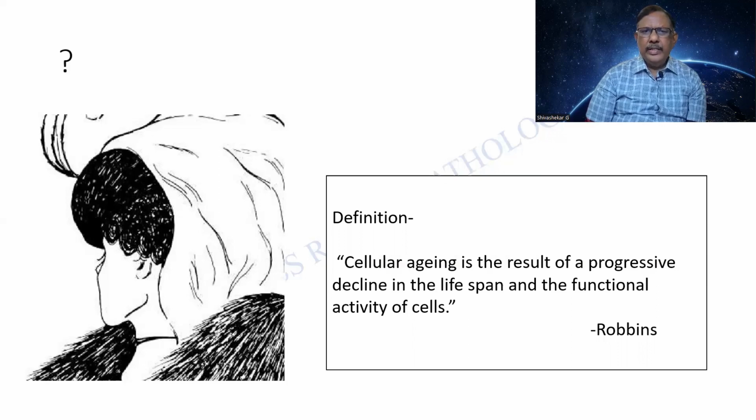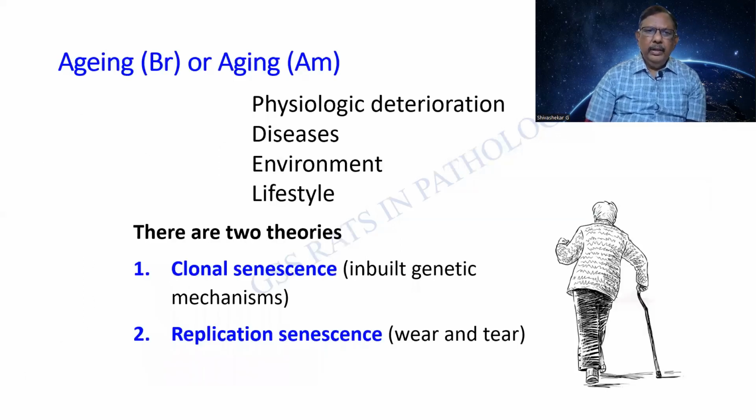There is something called cellular aging, and there is something that is called cosmetic aging. We are more bothered about the cosmetic aging, but little do we realize that our cells are also becoming old, so the tissues and the organs. There are two spellings over here. One is British and another is American. AGE, AGING. Both are correct.